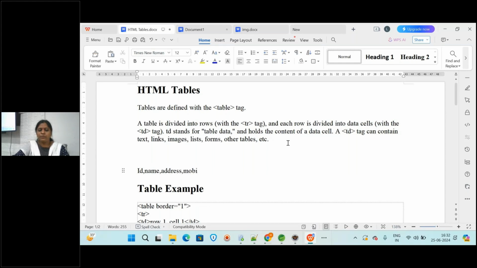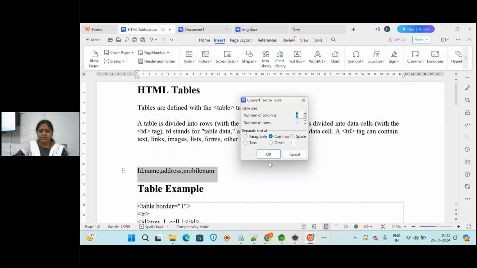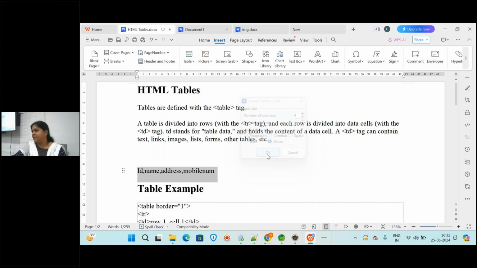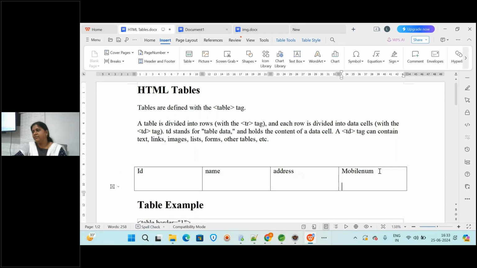Now you want to create all of these columns as one table. I'm just using commas here to show you how the table will be, like id, name and all. So now, how do we create such tables in HTML using the table tag?